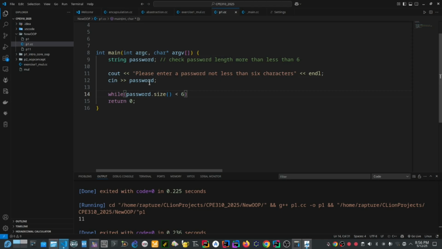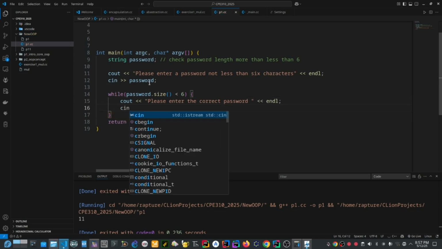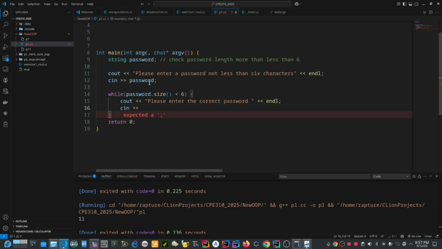The user will just keep on pumping that, okay, until the condition matches. Then just tell the user, cout, please enter the correct password. Then we store this. We store the value again inside our password until the user enters it. Then if it's successful, then we say, okay, cout,